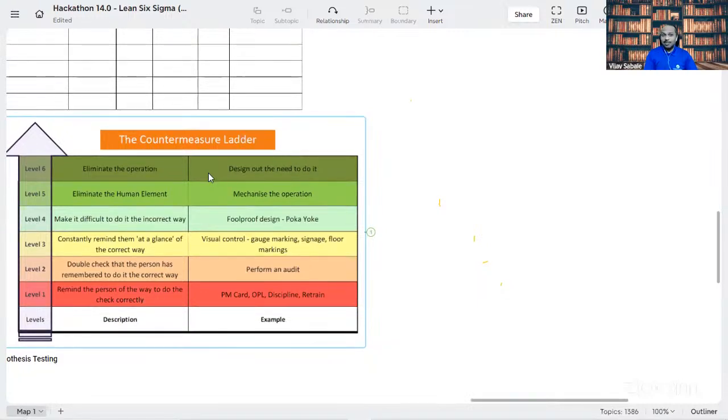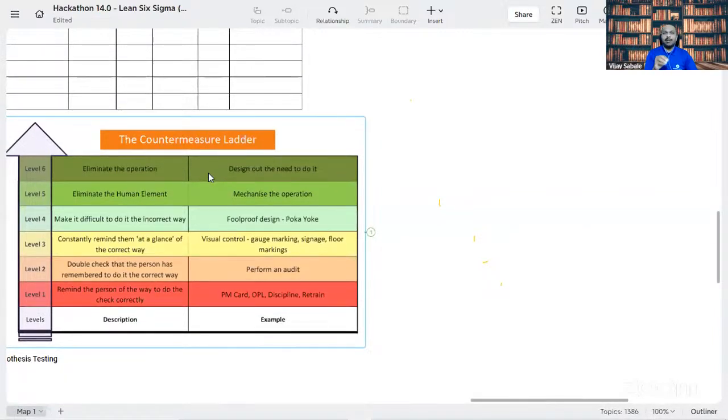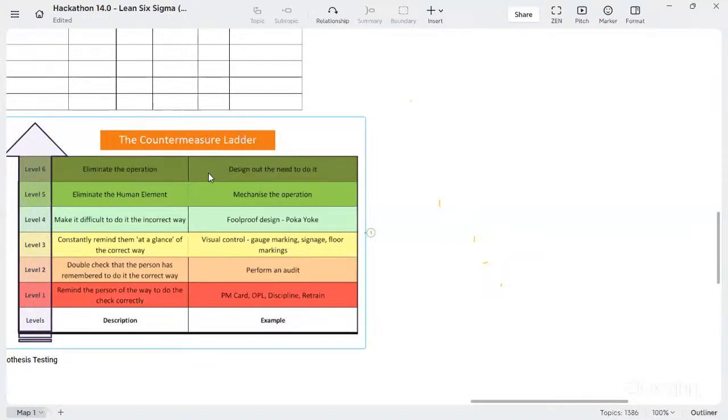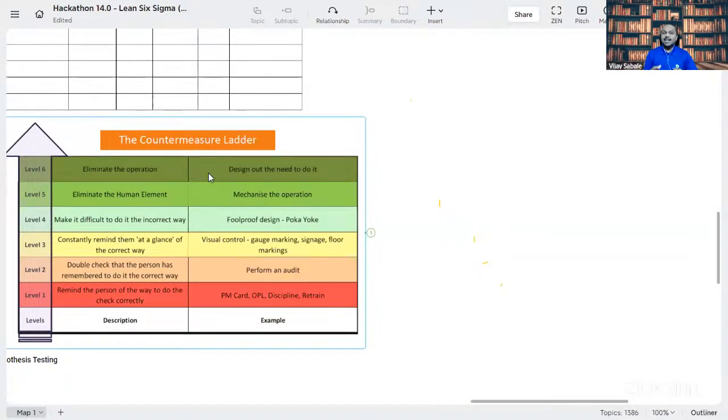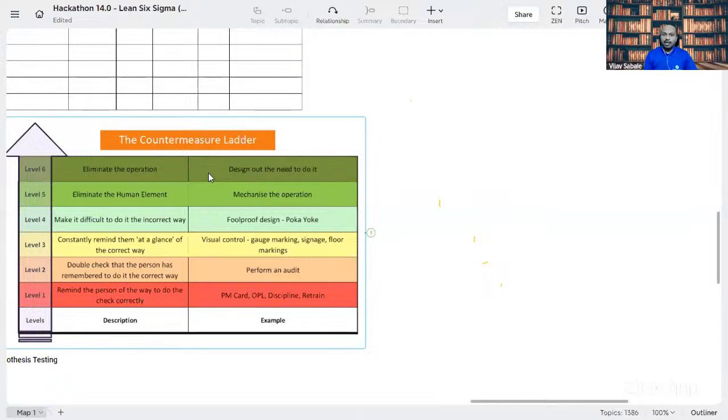There are many such examples that we can work on. That is also possible in your case. If you are going to think about your problem, there are always these 6 levels of countermeasure present, level 1 to level 6. Depending on the criticality of the problem, how much time you have, how many resources you can implement, by considering the criticality or severity of the problem, we can implement the appropriate level of countermeasure on it, right?